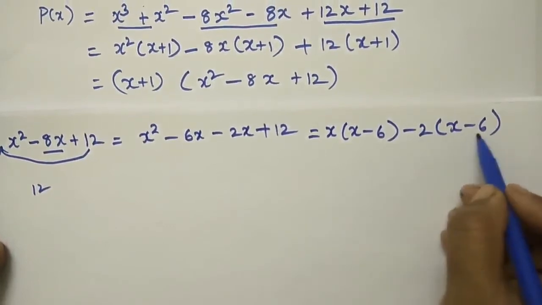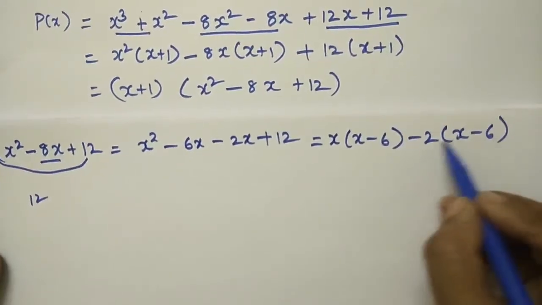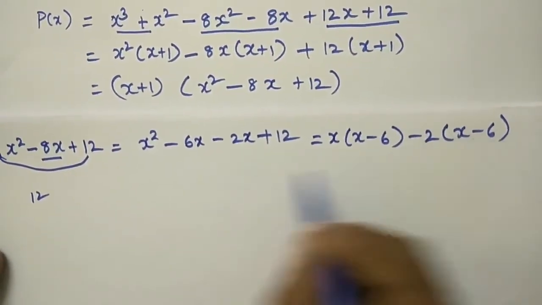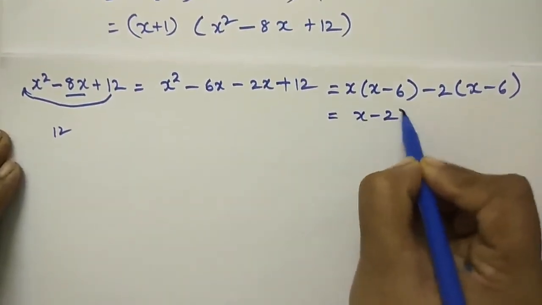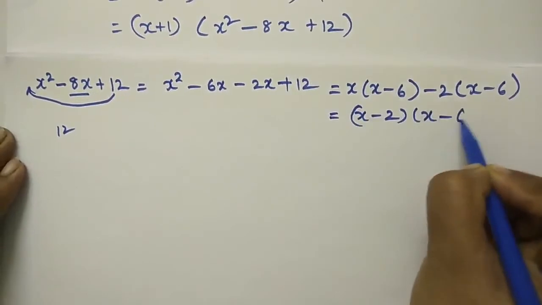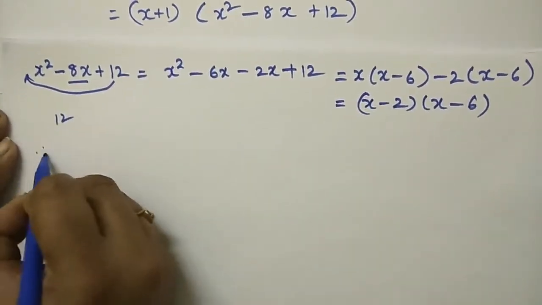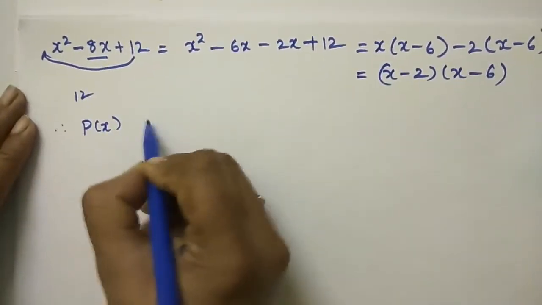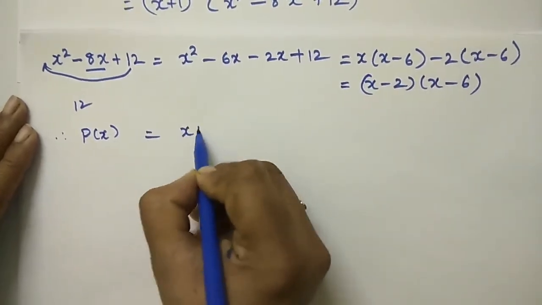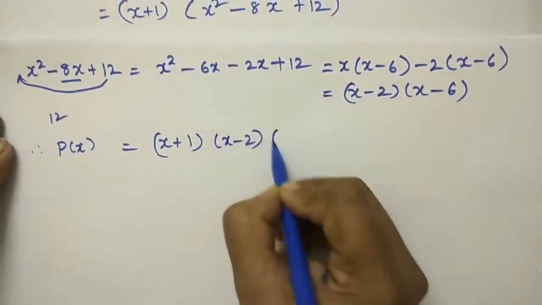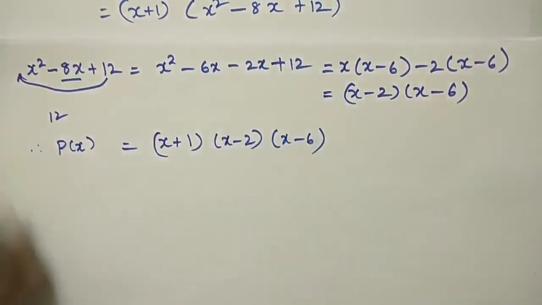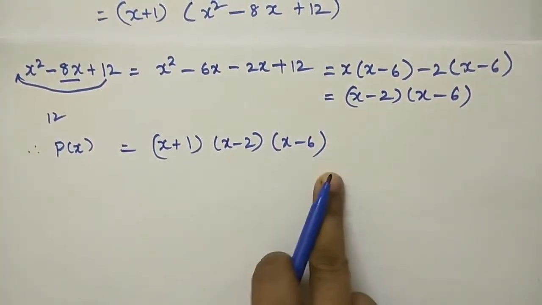Minus 2 into x minus 6, minus 2 into minus 2x, minus into minus plus 12. Okay. This is equal to x minus 2 into x minus 6. Therefore, for the polynomial p of x, we got x plus 1 into x minus 2 into x minus 6. Okay. We got these three linear